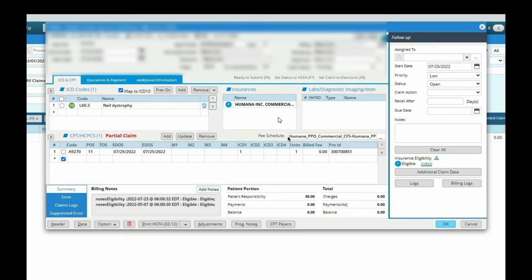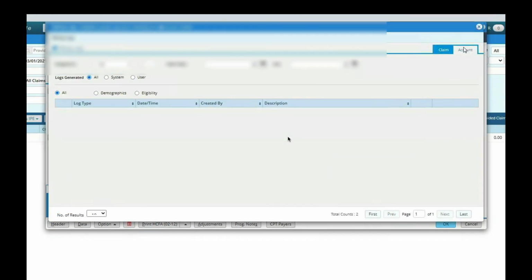And this one isn't even a claim that's going out. This is just non-covered routine foot care. But it is an example of, so you've got Humana Commercial as the payer, but your patient's 96 years old. More than likely, this is not Humana Commercial. Okay. So